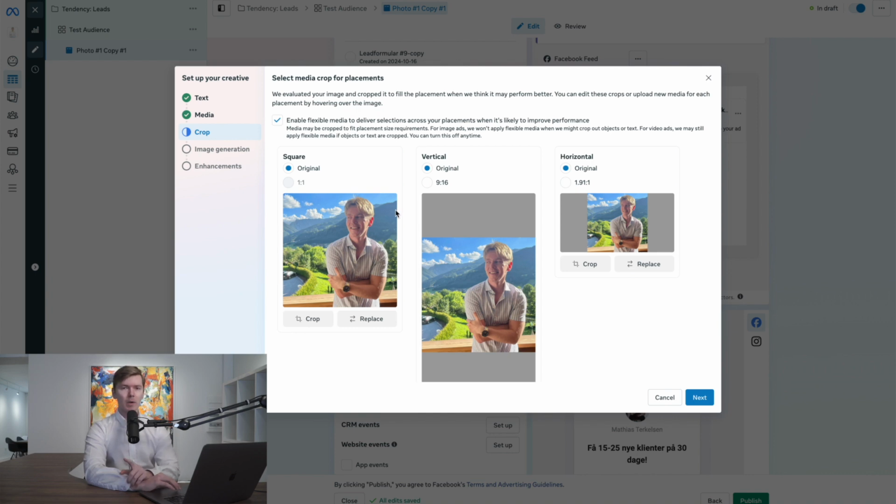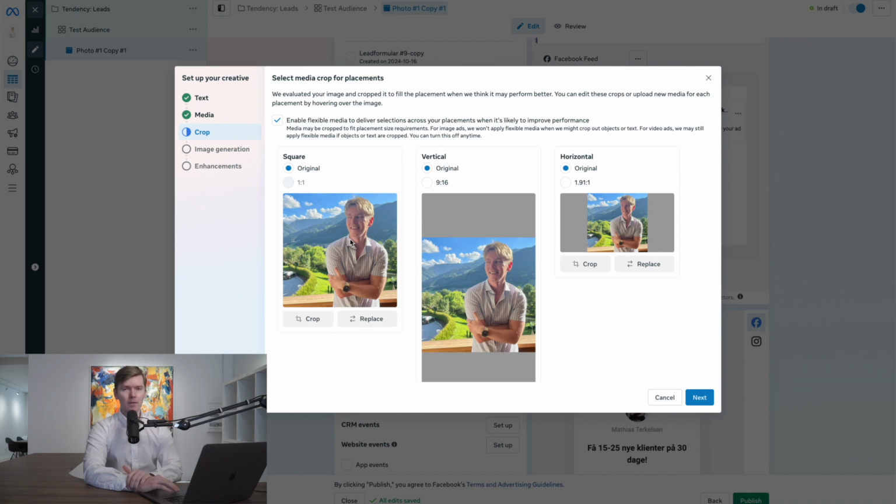Now, what I want to say about the ad is to try to make it seem very native to the platform. Don't create something too fancy. Just make it a very native ad that catches your audience's attention. This photo right here could be like any other photo on Facebook and Instagram. It seems very native to the platform. So a lot of people would just stop here and actually look at it because it doesn't look like an ad. And then they read the ad copy. And that is where we do the heavy lifting and get people to actually sign up as a lead.